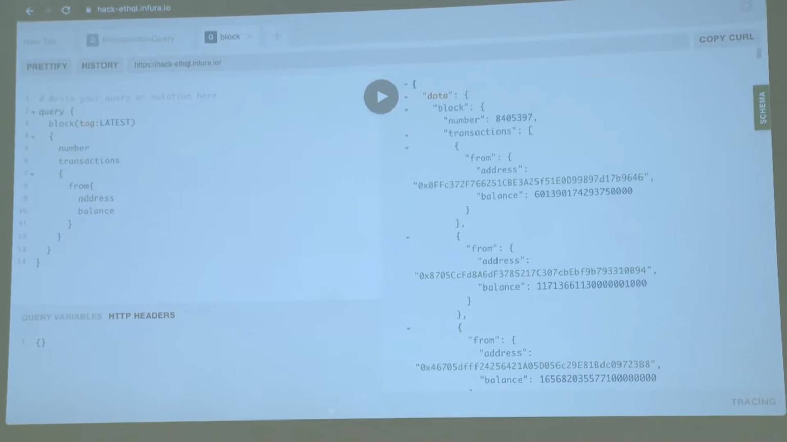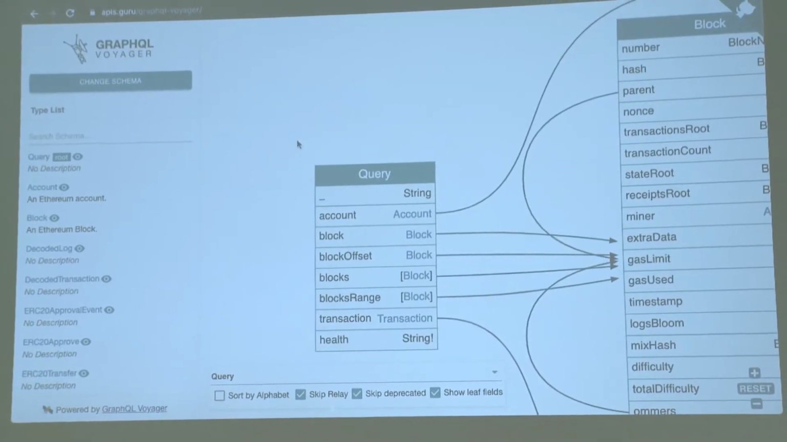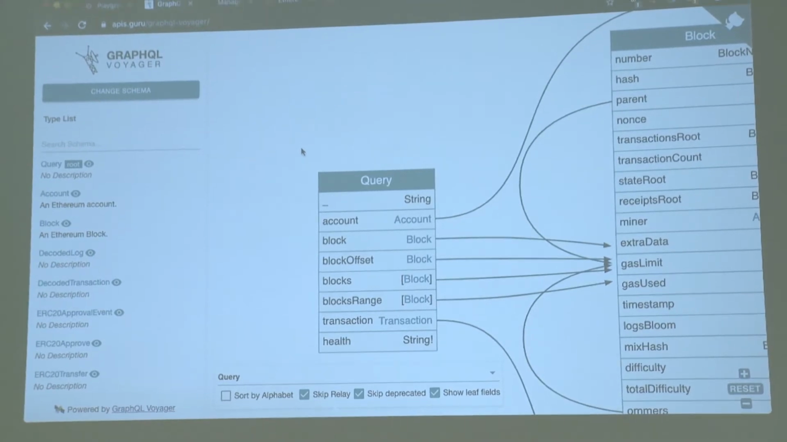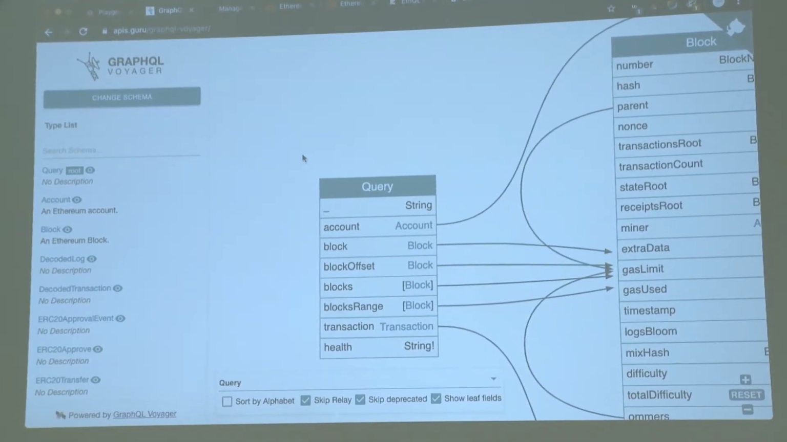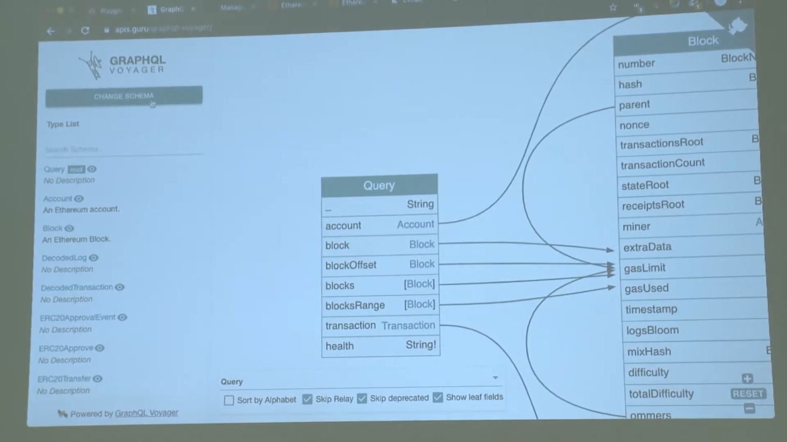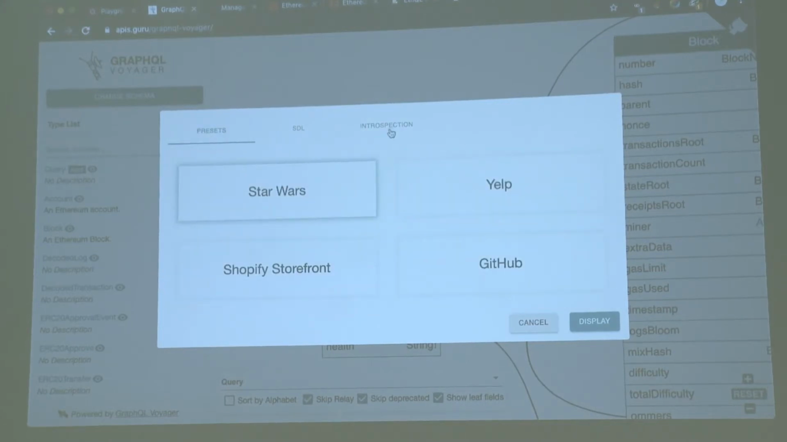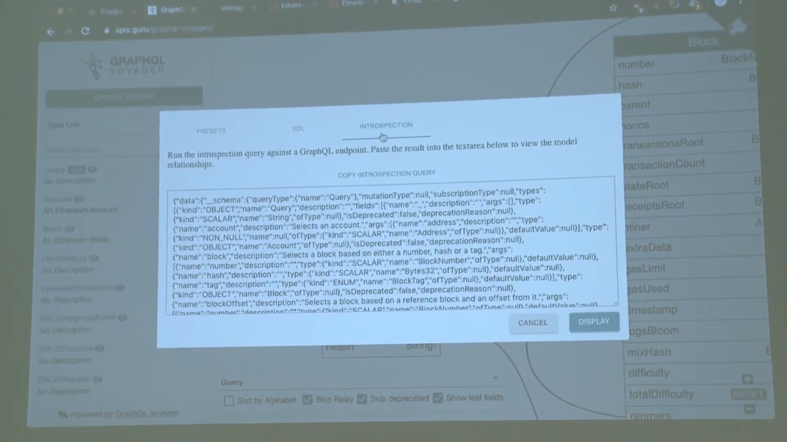So this is the GraphQL Voyager. It's this great tool for being able to explore a schema that's available for a GraphQL API. So you're able to do some pretty cool stuff with this. You can directly paste a schema in here. What I did was there's this introspection tool. Whenever you're using, whether it's our GraphQL API or some other GraphQL API for a service that you're using, you can copy this introspection query,